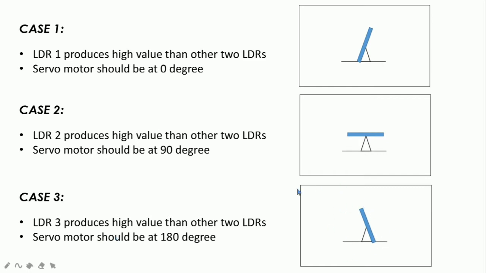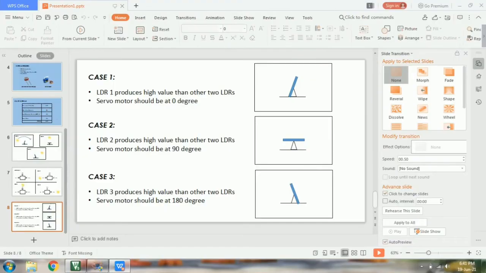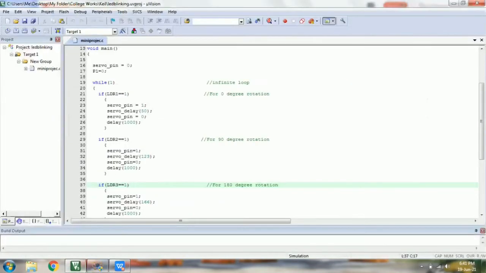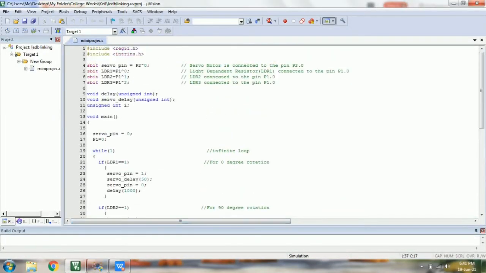Now let's continue with the Keil software program. This is the Keil software, and this is the code used to do this setup. We include two header files. As we use the 8051 microcontroller, we use reg51.h and a second header file, which I will explain later.